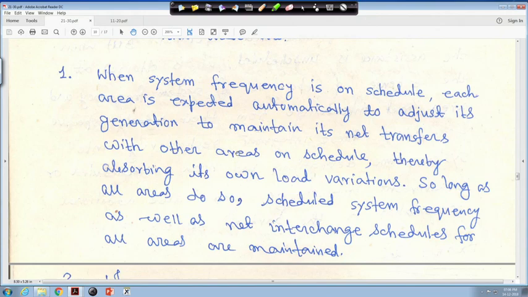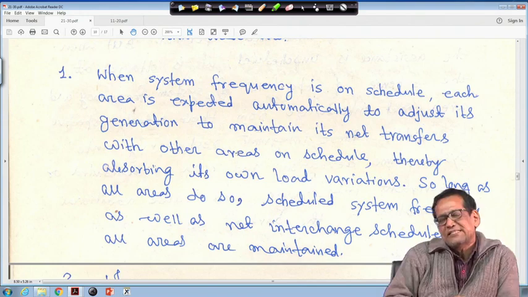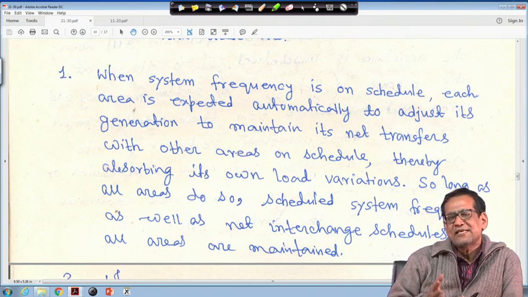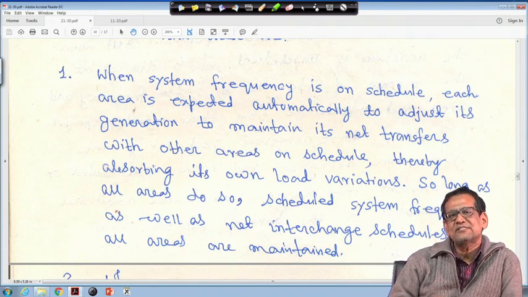Suppose you have two areas interconnected by tie lines, which are 3-phase transmission lines. Some scheduled power will flow because of an agreement. Suppose at 10 o'clock area A needs 100 megawatts from area B, the other power system. As long as it is on schedule,